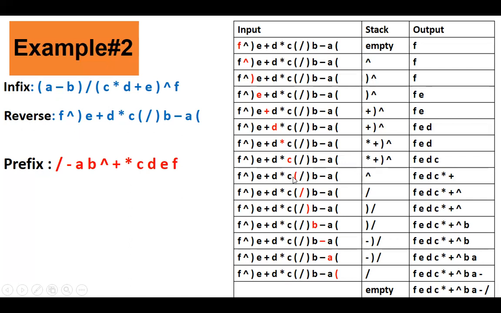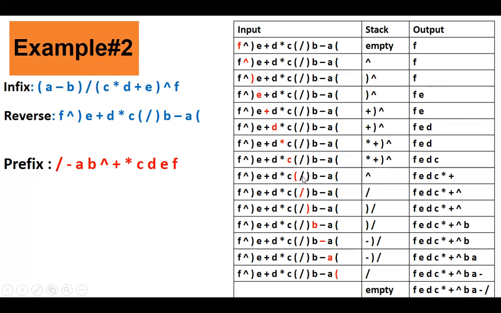Now what you read is an opening bracket. As soon as you read an opening bracket, pop out everything from the stack till you come across a closing bracket and discard both the brackets, right? So you pop out star, add it. You pop out plus, add it. Fine. Now what remains is only a power symbol, that is the caret symbol here. Is it clear? Now next.